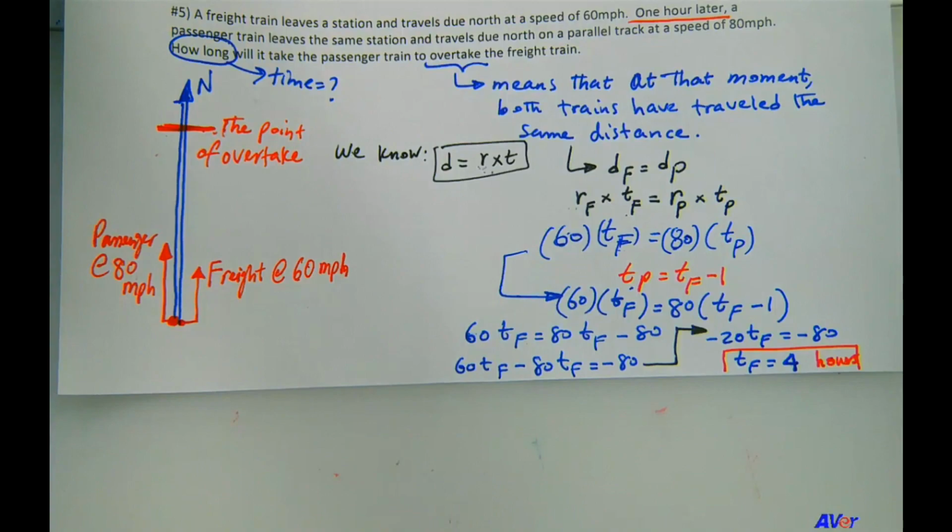So that means at the time, the passenger train has been in motion for how long? If the freight train has been in motion for 4 hours, that means the passenger train must have taken 3 hours to overtake the